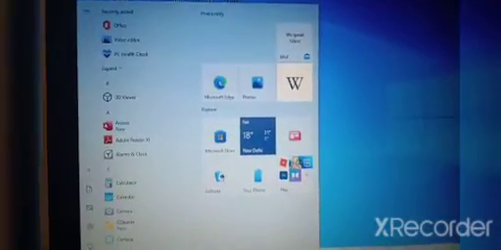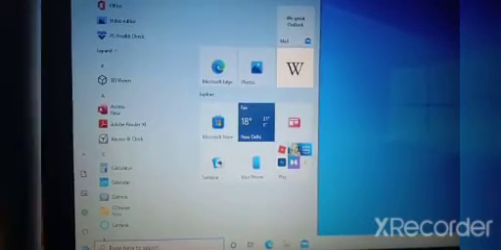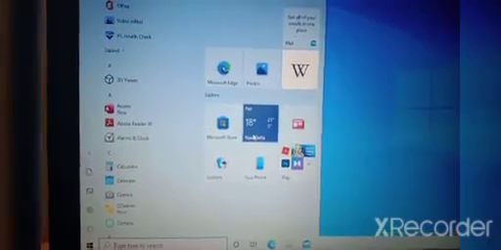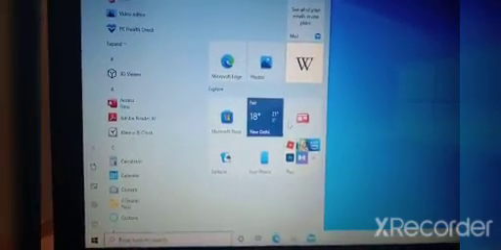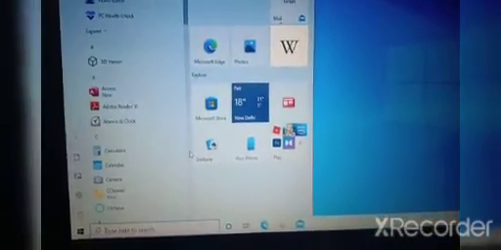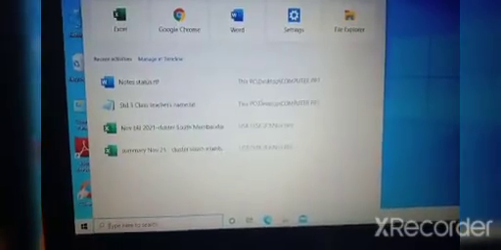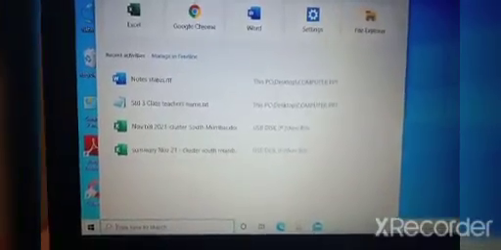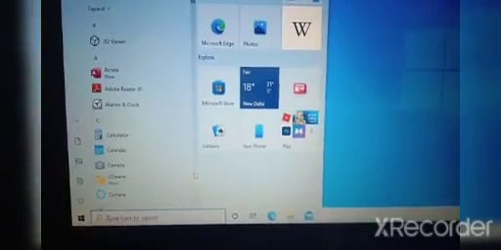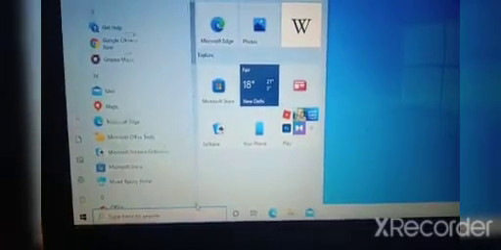This is Windows 10. Here on the left hand side you have the application list, and on the right hand side there are the tiles, different tiles. These are also applications. Now, children, search for Microsoft Word in this application list. Wait a minute. Just see here. In this you search for Word. See here.